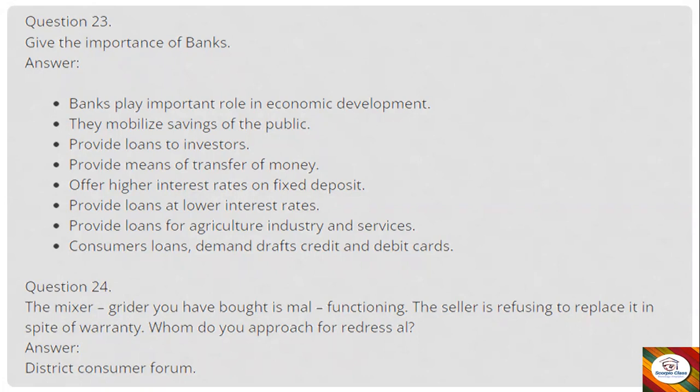Question 24. The mixer grinder you have bought is malfunctioning. The seller is refusing to replace it in spite of warranty. Whom do you approach for redressal? Answer: District Consumer Forum. Okay, so you are going to approach District Consumer Forum wherein you can state your problem and get it exchanged. So here students, we have come to an end with the first part of this question